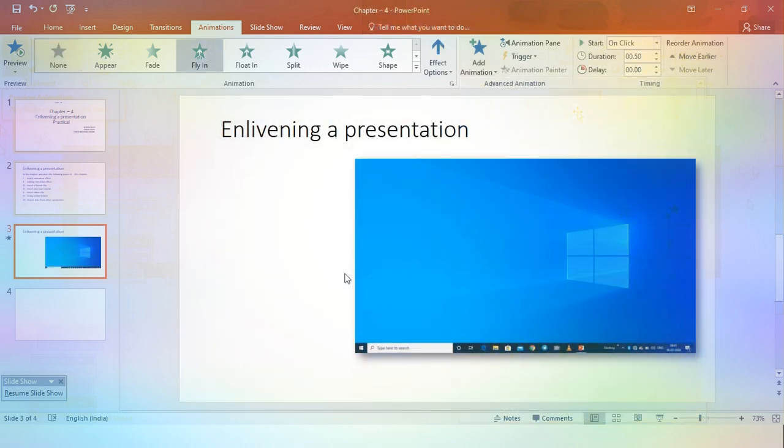This is the preview, but again I will show you the preview. Now you can see how the animation works and appears when you apply it on text or an image.